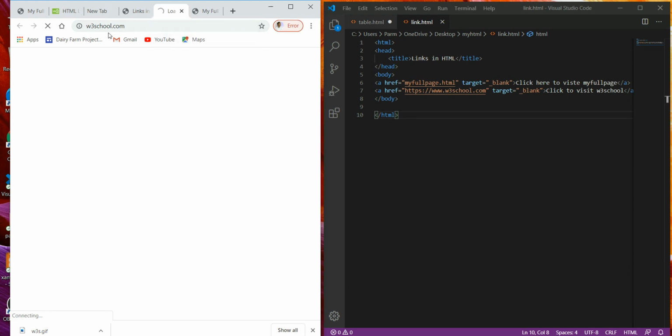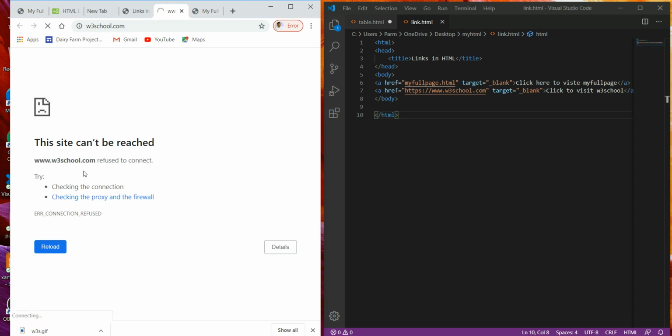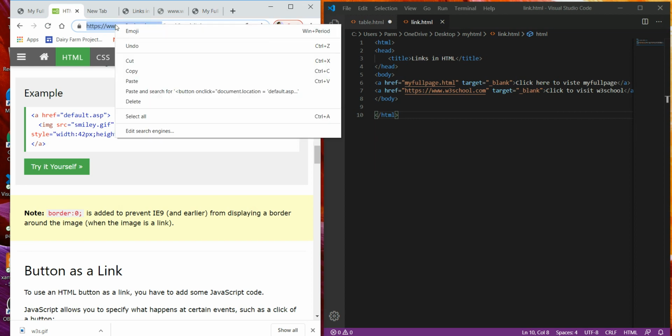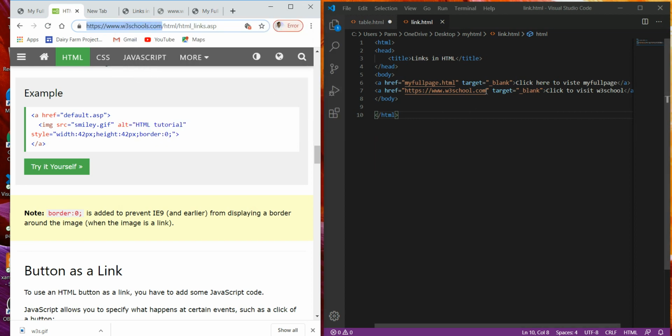website w3schools.com. It says refused to connect. I think there might be a certain error with the protocol that we have used over here. So for that, what we can do is just go to this site and copy this, copy over here. Here you see the difference, Control V. You see the difference, it is written wrong over here. I think we haven't used a slash sign over there, so this is the mistake. So this is the correct way of writing this.